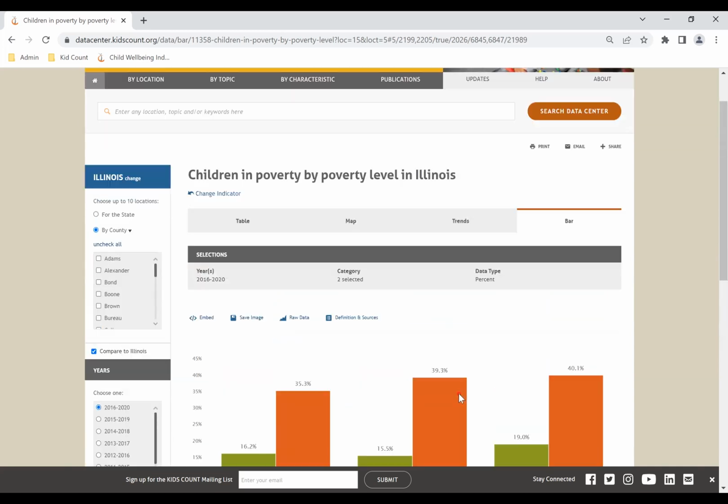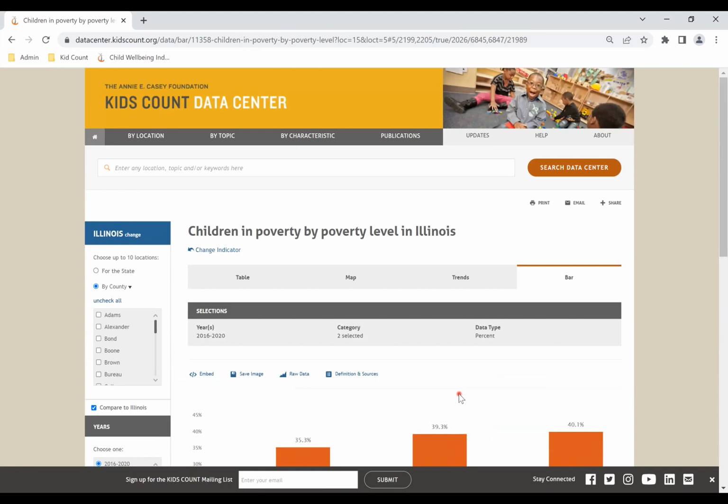So these are the data visualizations offered by the data center, and it's a super helpful tool. You can also embed and save images, either embedding these charts into your website, or saving the images and inputting them into reports or PowerPoints. And just a reminder, raw data you can still download, and we'll have definitions and sources on each page. So now that we've reviewed the available data visuals on the data center, let's navigate back to that main page and see other indicators.